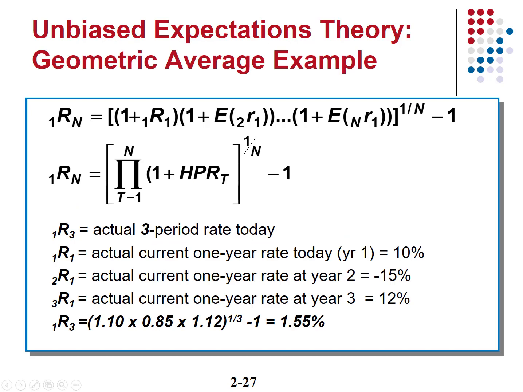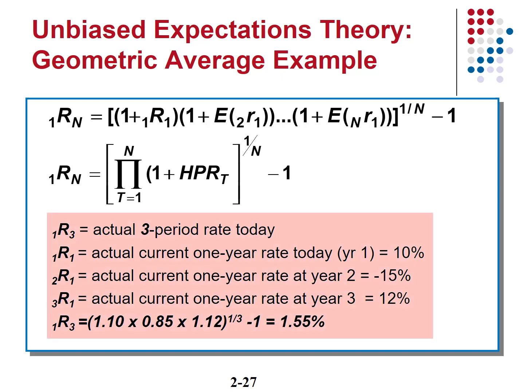Using the given data, we can find the current implied 3-year rate now equal to 1.55%. Think about the logic here. We're looking for a 3-year rate now. If the 1-year rate now is 10%, the 1-year rate next year is minus 15, and the 1-year rate the year after is 12, then the product of those three, the cube root of that, must be the 3-year rate